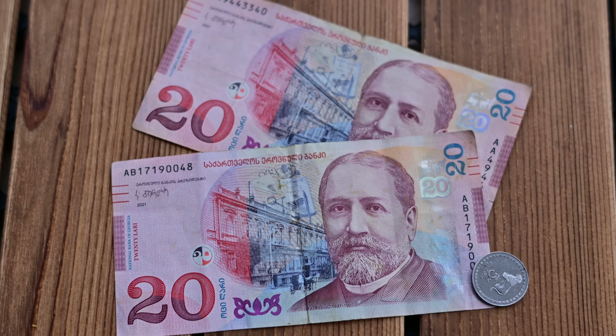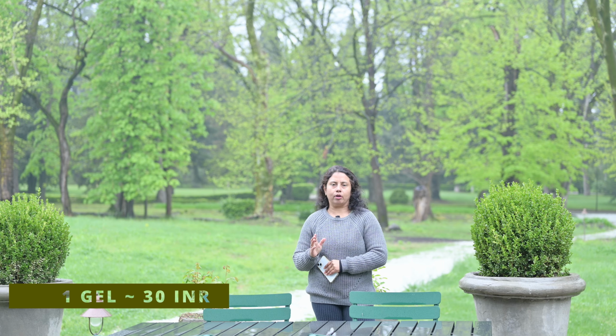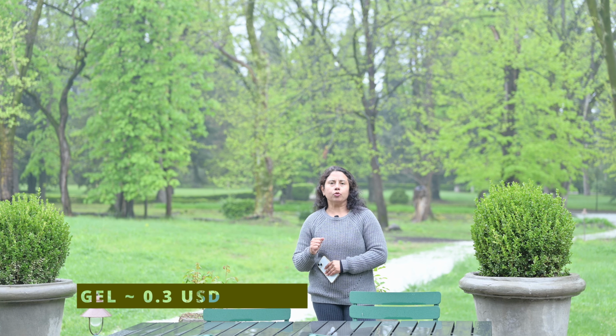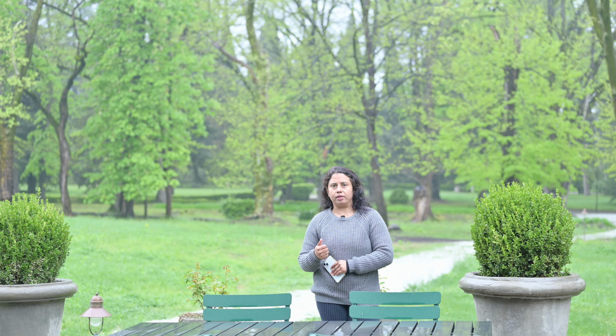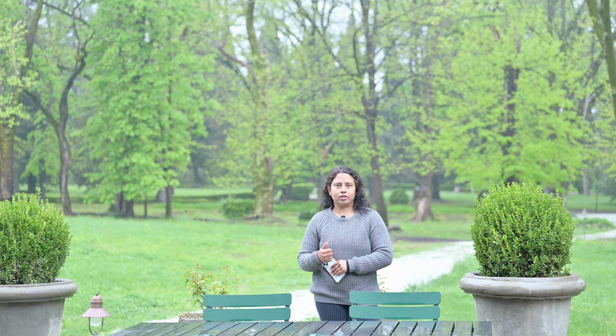A couple of useful pieces of information about the currency. So in Georgia, they use the Georgian lari, or in short also called GEL. Now one GEL is equivalent to around 30 Indian rupees, or roughly around 0.36 USD. Now one thing you always need to keep in mind is that a lot of countries, maybe, I'm not sure, will not offer any exchange, or you will not find Georgian lari or GEL exchange